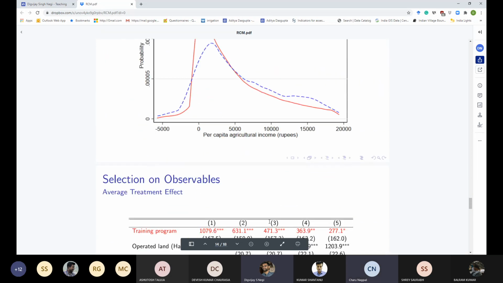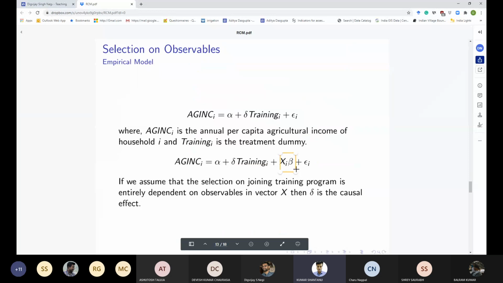Sir, it has to be x beta only, no? Because x is a k cross n matrix and beta is n cross 1. For matrix multiplication to be defined, it has to be x beta. N is the number of observations, k is the number of betas. I'm saying that for matrix multiplication to be defined, since x is k cross n and beta is n cross 1.